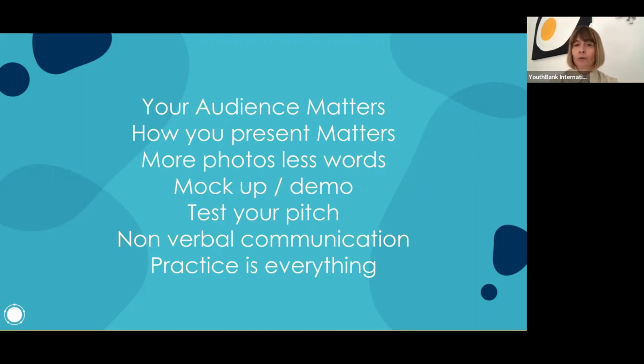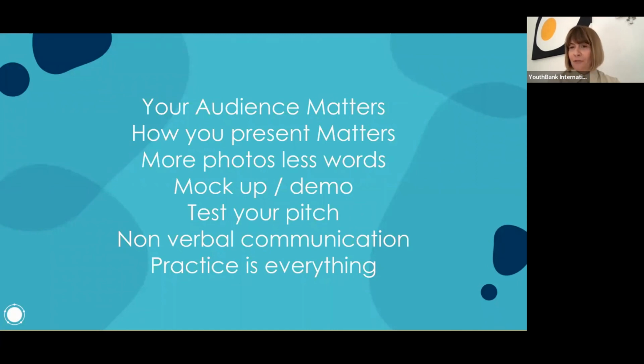Also try to create eye contact, and not only with one person, but with more of them, meaning that it's not about looking people in the eyes. If you look just above their heads, it's going to be seen by everyone in the audience that you're creating eye contact with the audience. So this is something to keep in mind. Nonverbal communication, of course, if you're using your hands, usually use them too.